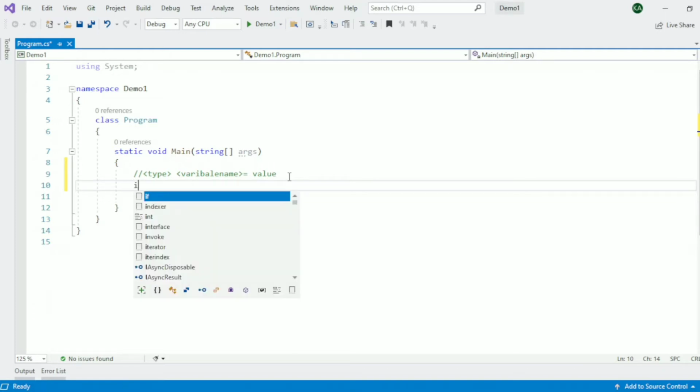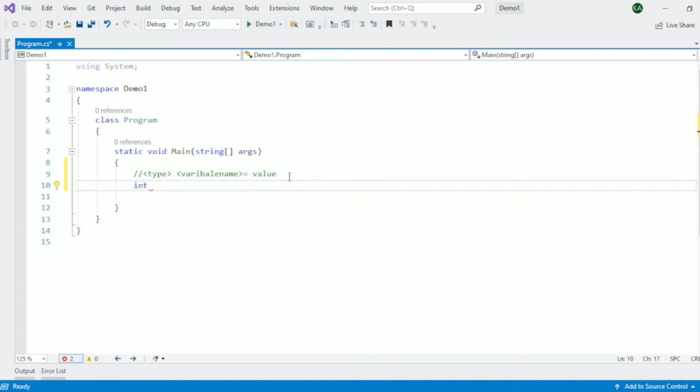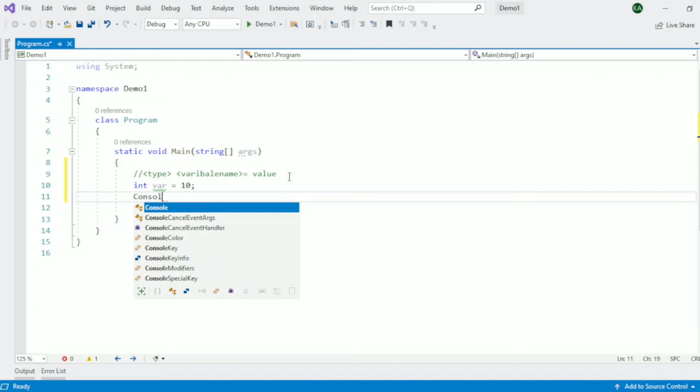Okay, so let us take an example. I have taken an integer variable and I have assigned the value 10 to it. I will just simply print it.